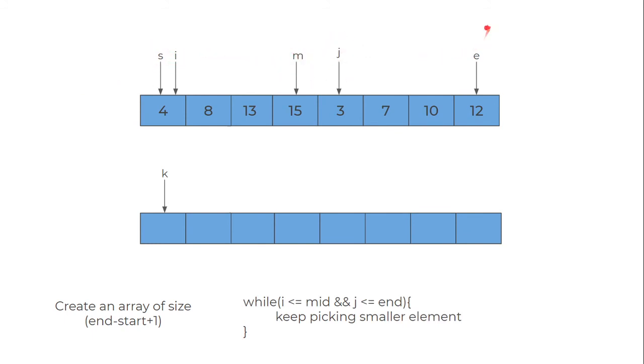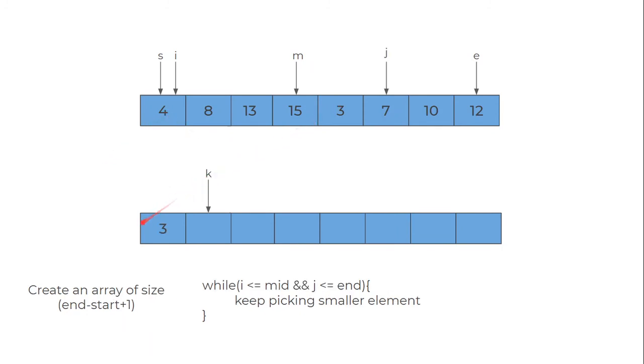Then all we have to do is, while our i is less than or equal to mid and our j is less than or equal to end, we keep picking the smaller of the two elements. So we compare the element at i and the element at j, and we pick the smaller one and place it right here on k. So as you can see here, right now we're considering 4 and 3, so we pick 3. We move k forward and j forward since we picked 3. Now we have 4 and 7, so we pick 4 here, place it on k, and move both i and k forward. Here we'll pick 7,